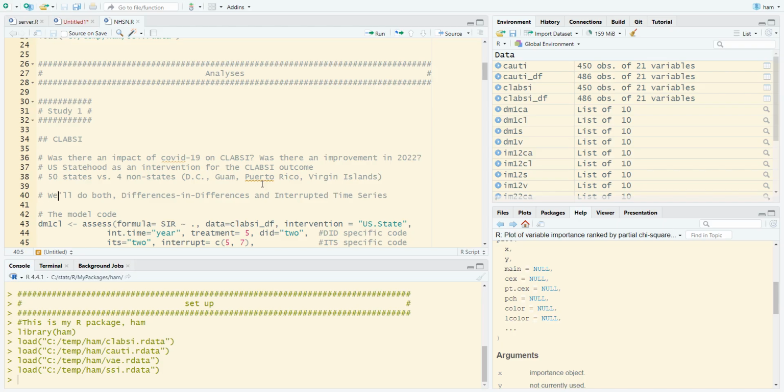The first is differences in differences. And the second type of causal model that we'll do is interrupted time series. And these are very helpful for program evaluations. Say if you're implementing an evidence-based program or project or practice, then the logic behind using these causal models is that we put a lot of effort into creating those programs,